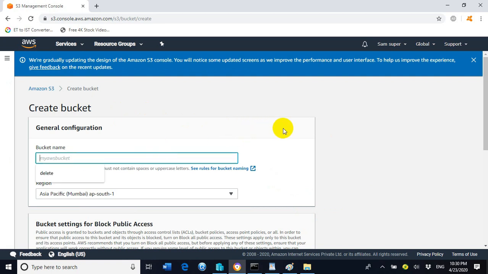So enter the name of the bucket, and remember the bucket name should always be globally unique. Suppose I have already created a bucket with the name Sam, then the name Sam cannot be used by any other person across the whole globe.